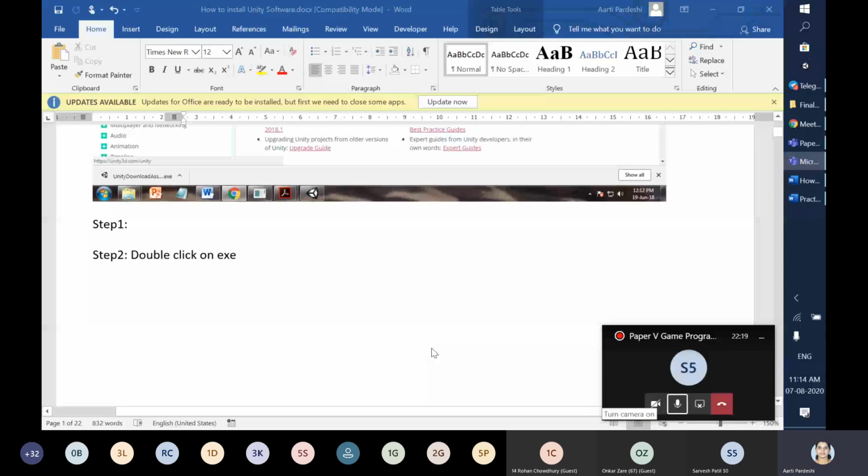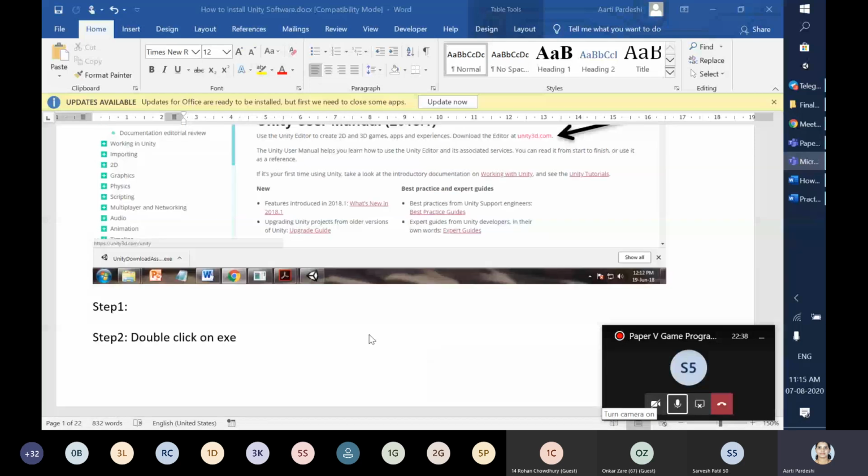If you go to that website unity3d.com, you will see three different versions: personal, pro, and plus. Now we are going to use the personal version because it is free, and we are not going to design any game which we will launch as an app. After studying this, you can purchase the pro and plus. But right now, for all your practicals, the free version is more than sufficient.